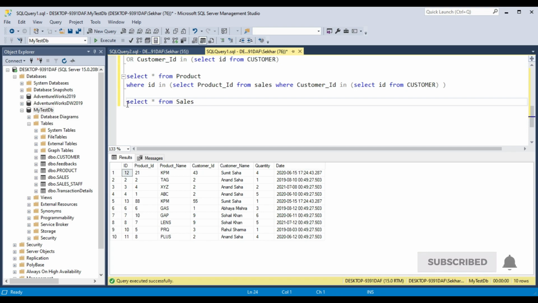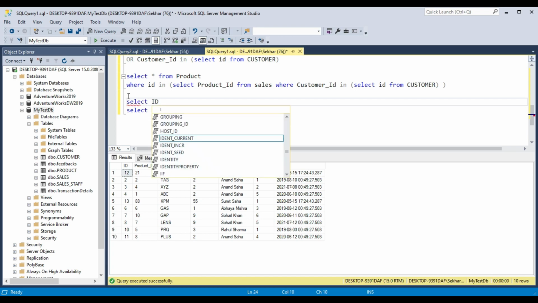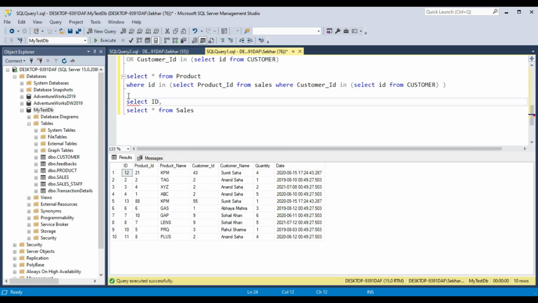What we can do is write select ID, then quantity from. Just try, will it work?